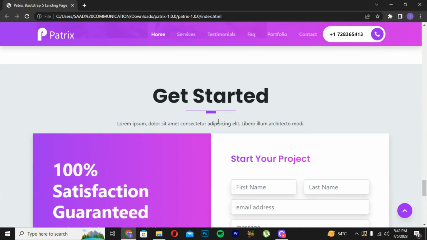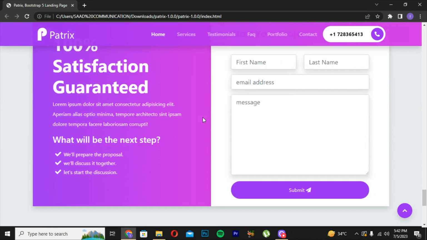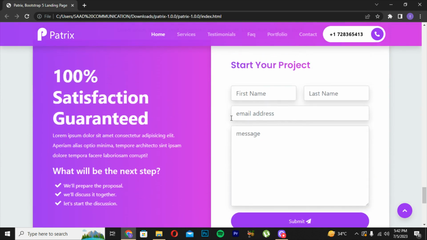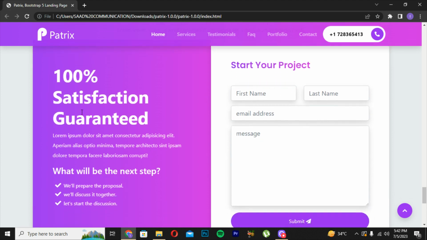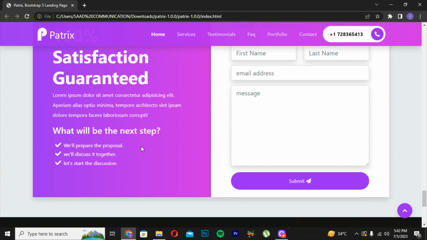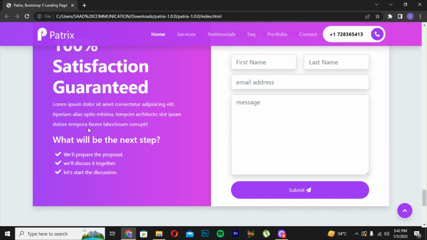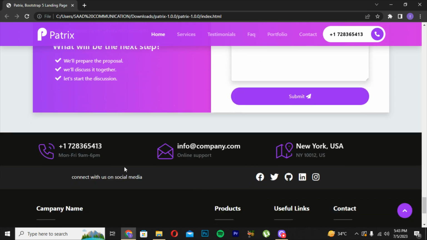Then down we are getting Get Started, which means the user can contact your site or you yourself by using this contact section. You can see this. The user can read that 100% he will be satisfied and guaranteed about his work, and you will also see the next steps for your client: they will be preparing the proposal, meaning your website will be preparing the proposal, then you will be discussing with your clients and starting the discussion and all that, like phone number,